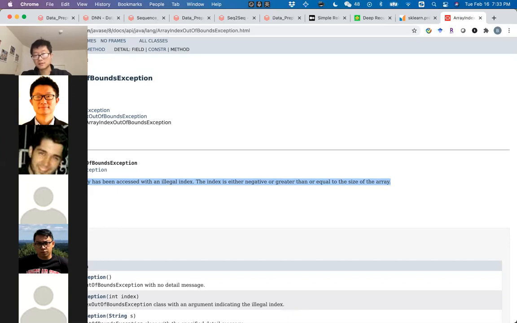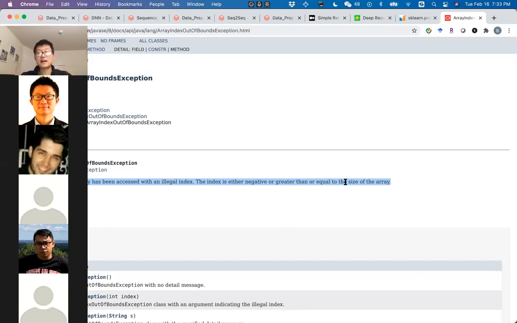By reading this document, you'll be able to see what this error means. It says the error is thrown to indicate that an array has been accessed with an illegal index. The index is either negative or greater than or equal to the size of the array, which is pretty simple, very easy for us to understand.